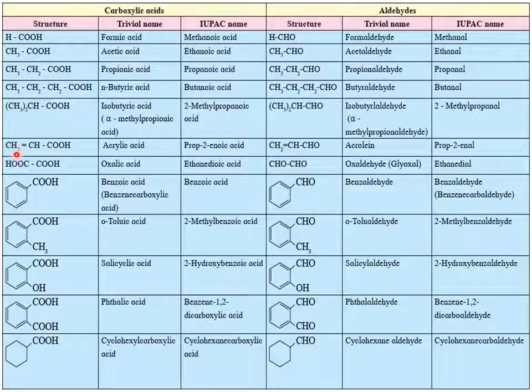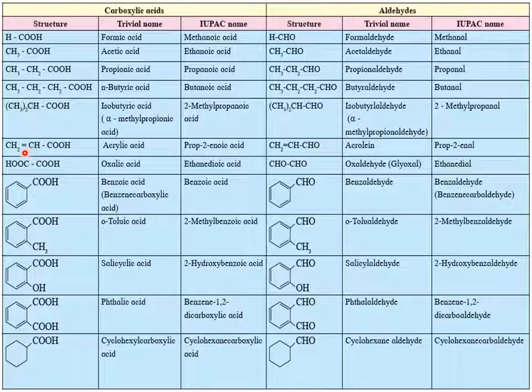First, select the hydrocarbon chain including the functional group. So this one is the main parent chain in which the carboxyl functional group is present. Then the carbon of this functional group, that is carboxyl, is carbon number 1. Then the next carbon is carbon number 2 and the next carbon is carbon number 3. There are a total of 3 carbons, hence it is propane according to alkane. But a double bond is present, hence it is propene. For propene, we first include the position of the double bond. The position of the double bond is carbon number 2, hence the name is prop-2-ene.